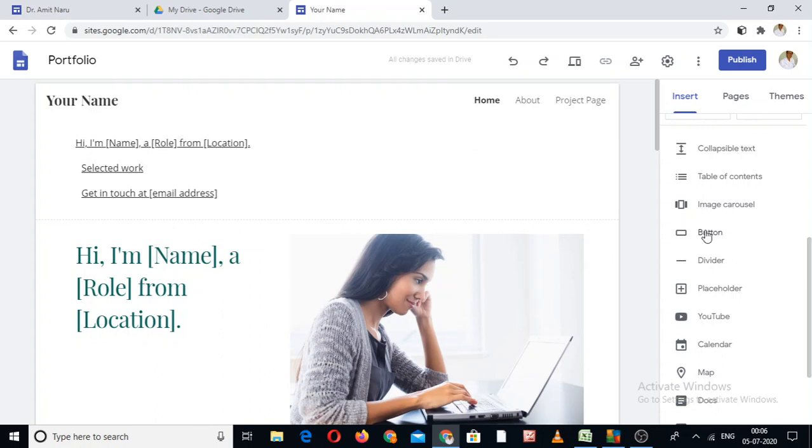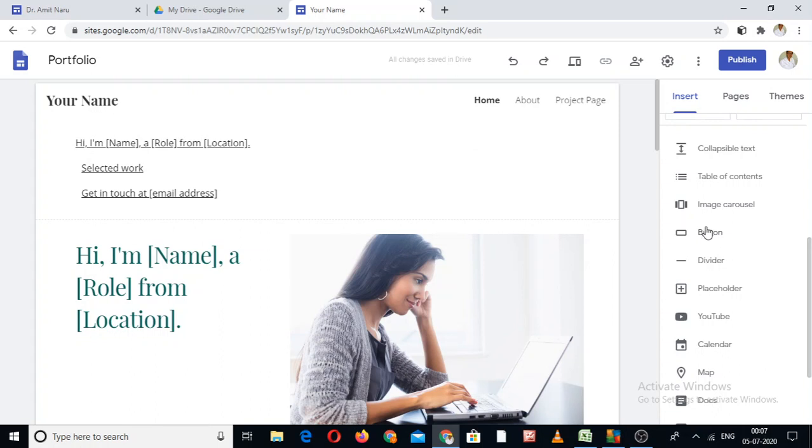Means you create a button and you write experience. And when I visit your page and I would like to know about your working experience, I click on this button, the experience button. A new link will open and that will be something about your experience. So you can do that.